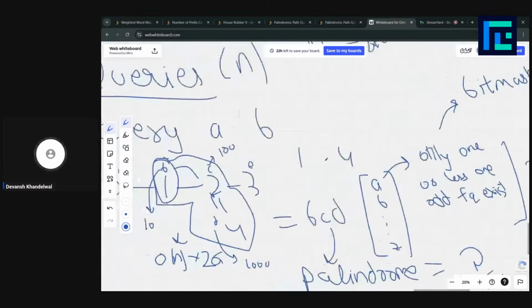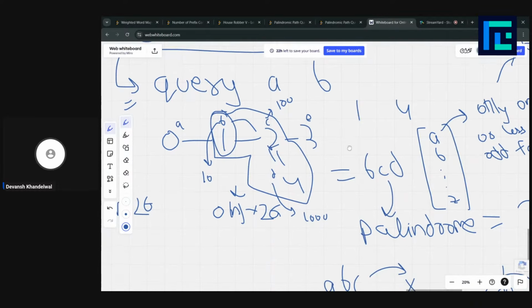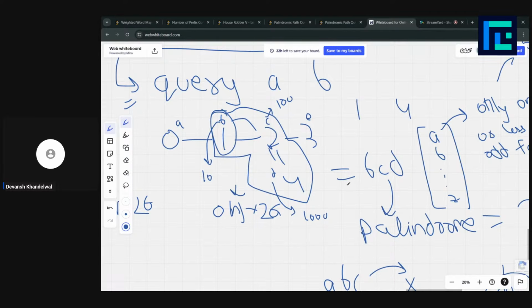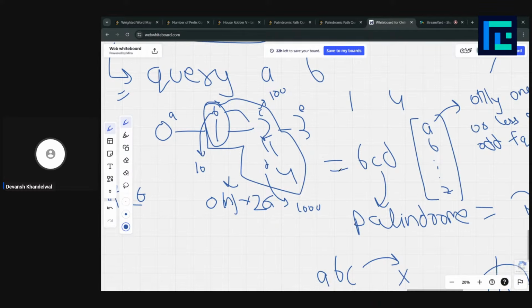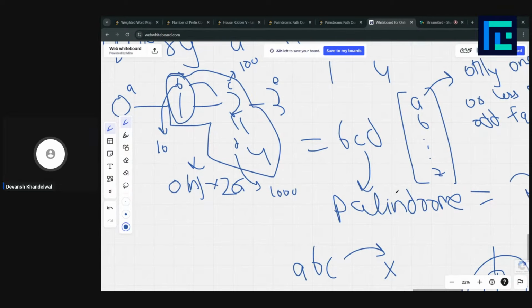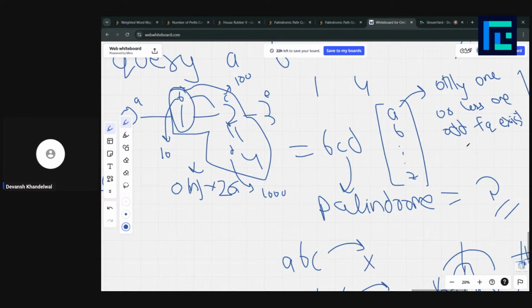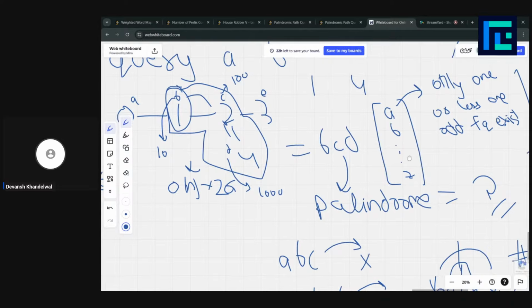This means that if we did XOR of all the set bits, we would have only one singular set bit in the resultant XOR if the string that we are going to get is a palindrome. Can we say this? Because if the string is a palindrome, it could have at most one character with odd frequency.